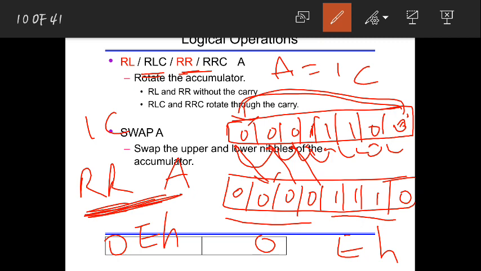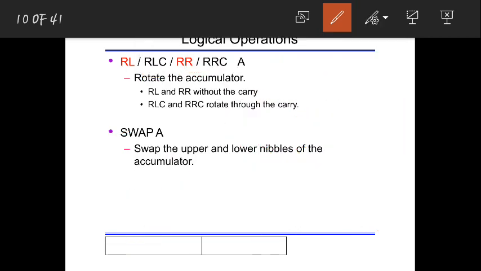So next we have RLC and RRC. We have completed this instruction and this instruction. Now we'll see rotate left with carry. First, let me explain what the instruction is.